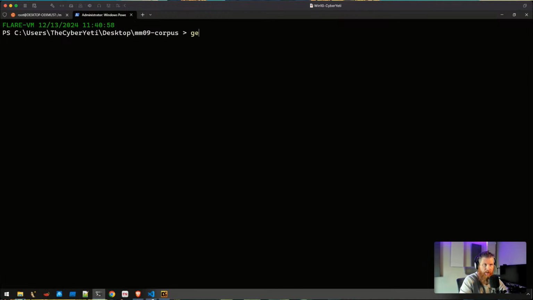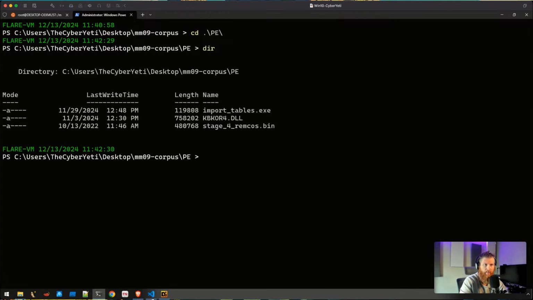So let's just look at getting hashes of a file. We'll say Get-FileHash. This is in PowerShell. We have to define the algorithm, so we can say MD5. I want to pick a very specific example here. Let's do the Remcos one.